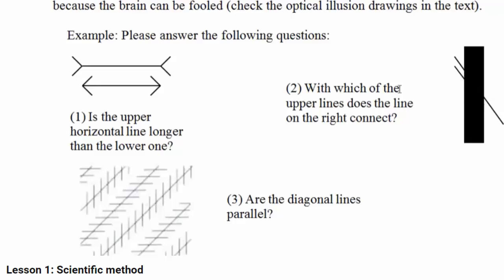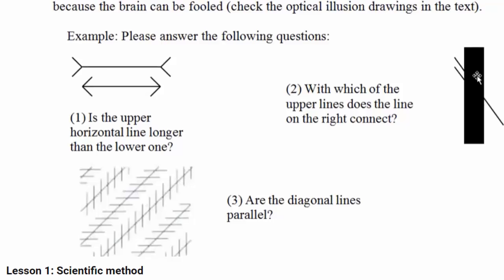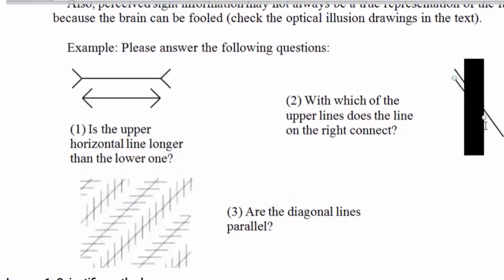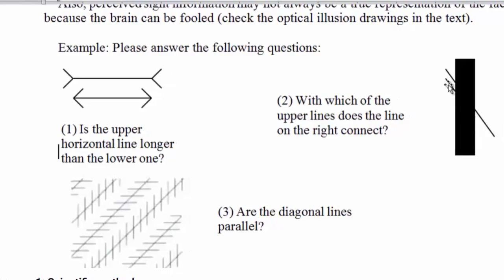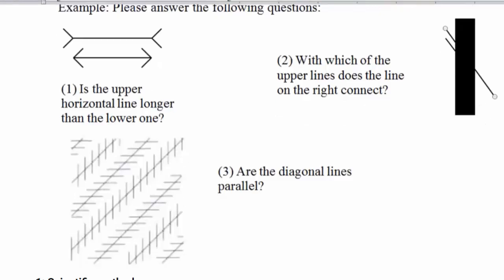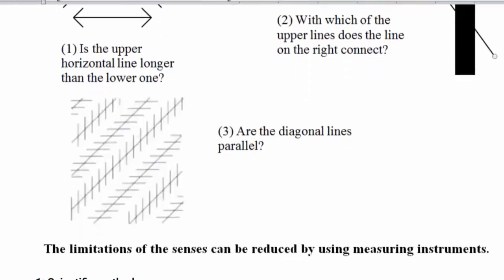our senses could be deceived by the appearance and how important it is to use tools, measuring tools, especially for example a ruler. If you want to figure out which line here represent the extension of this lower line, most people might think it's the lower line here, but actually if you use a ruler you'll be able to line it up and you'll see it's the extension of this upper line. And the same thing here with the length of those two, and whether those 5 lines are parallel or not. All those are part of the limitation of our senses that require us to use certain tools to overcome those